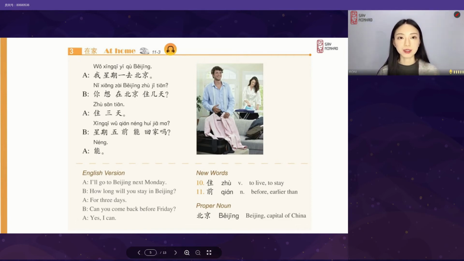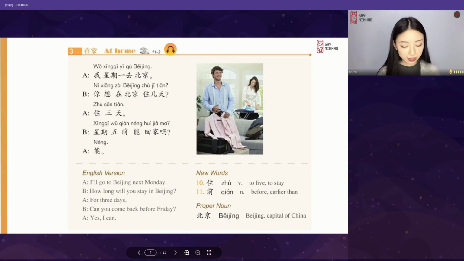You will be A. 3, 2, 1. 你想在北京住几天？星期五前能回家吗？